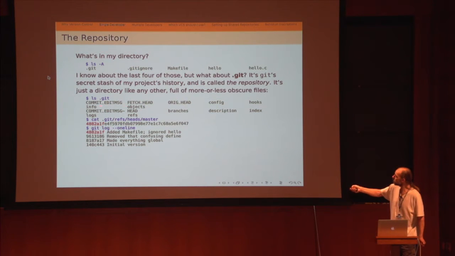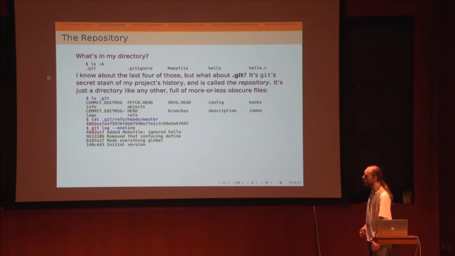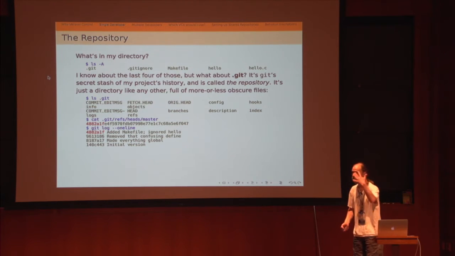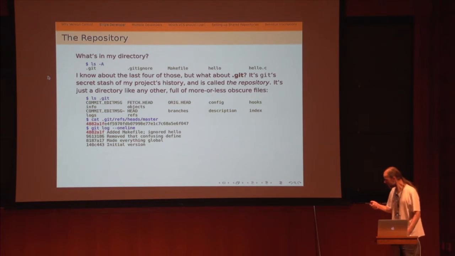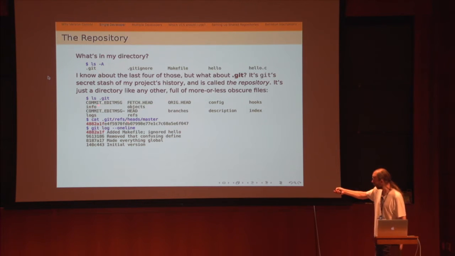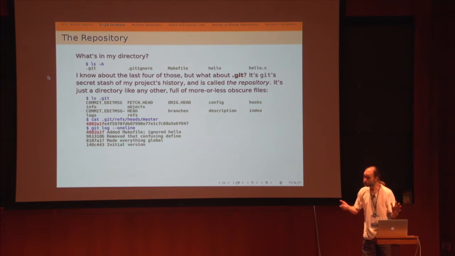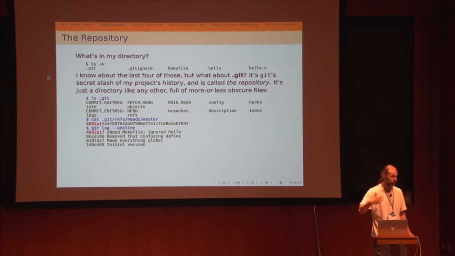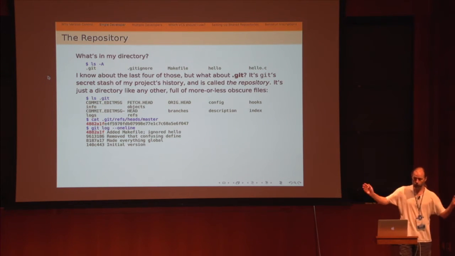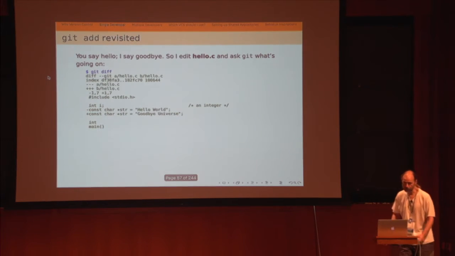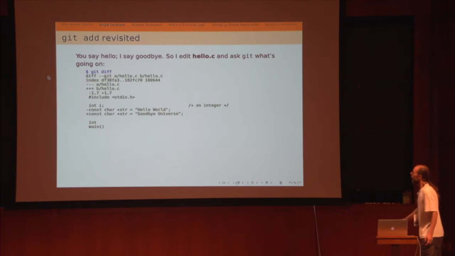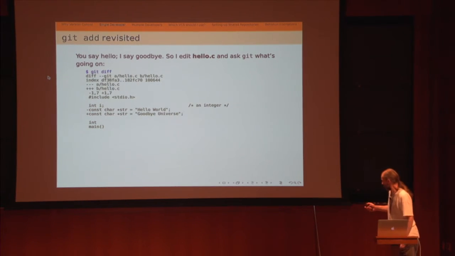So these are the files internally where Git stores all my valuable stuff, all my change sets, all my messages, all those sorts of things. I recommend that you never poke around inside this directory. If you're desperate, you can. There's no need to, but it's just a file. You could back it up, you can copy it, you can tar it, you can do whatever you like. Okay, so let's go on.